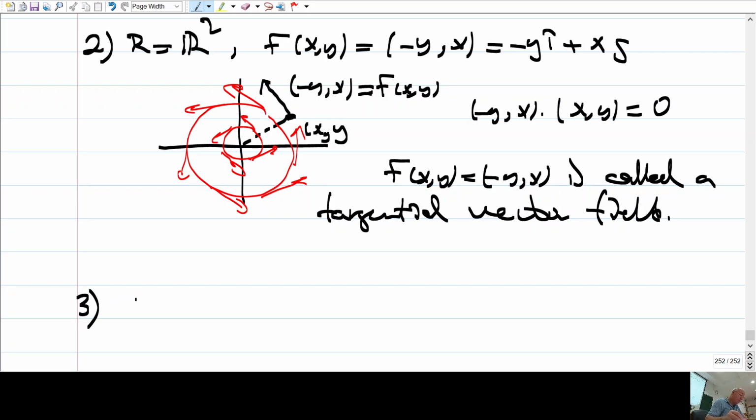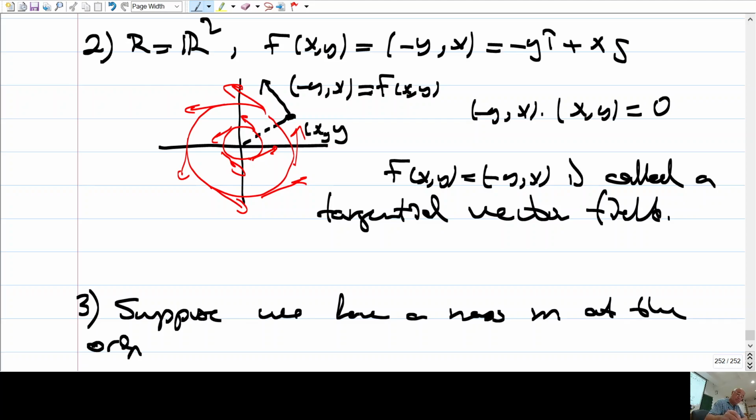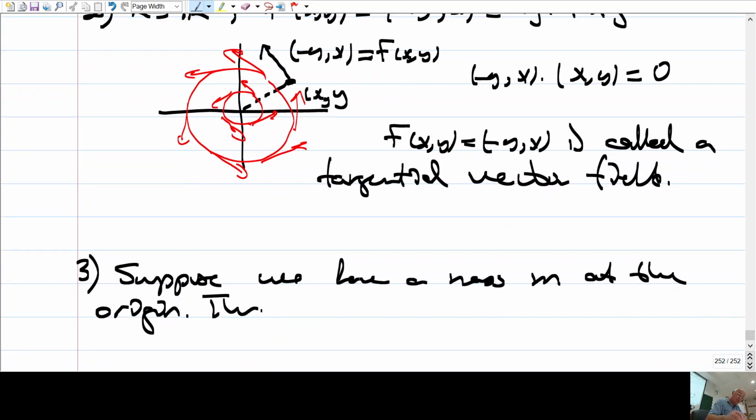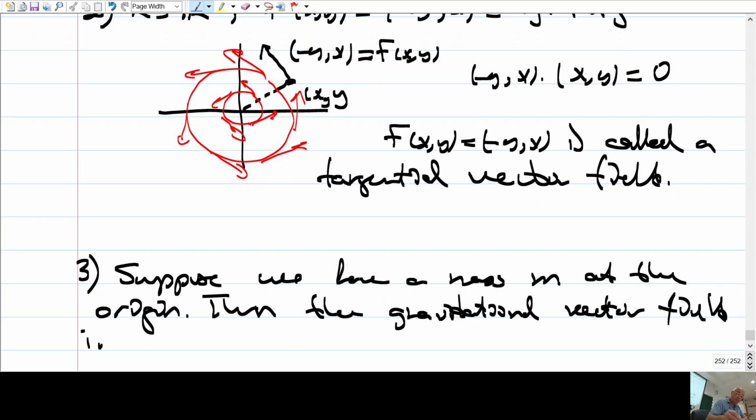Another example in R3, let's say, suppose we have a mass m at the origin, then the gravitational vector field induced by M is given by,